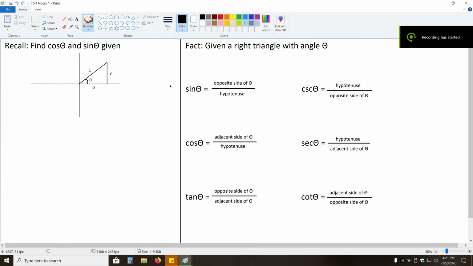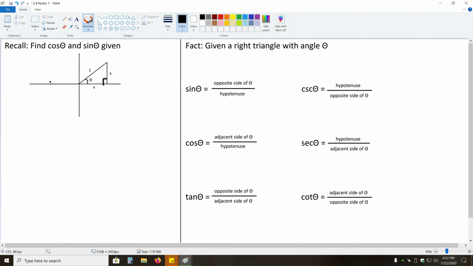In this video, we'll be talking more in depth about the 6 trigonometric functions. And what we want to start off with is this problem that just says to recall, we want to find cosine of theta and sine of theta given this triangle. So this is a right triangle, just to be clear. And we have the angle theta here with a side of y, a side of x, and a hypotenuse of